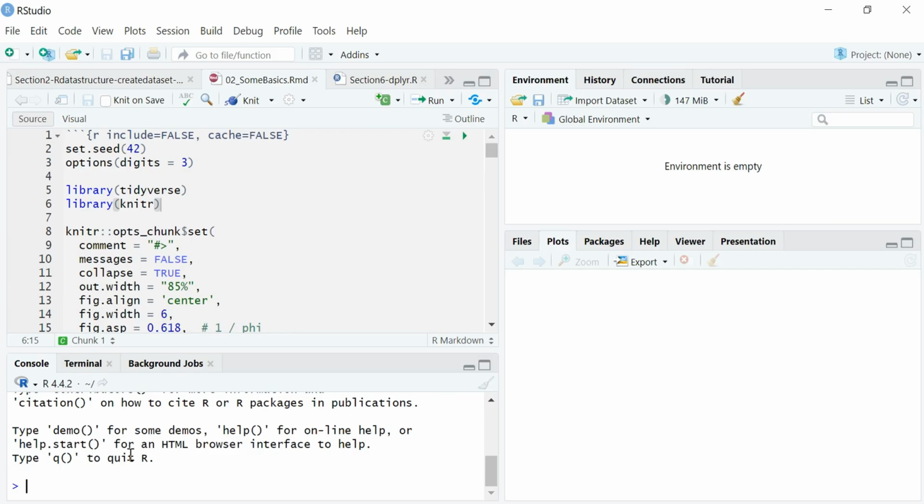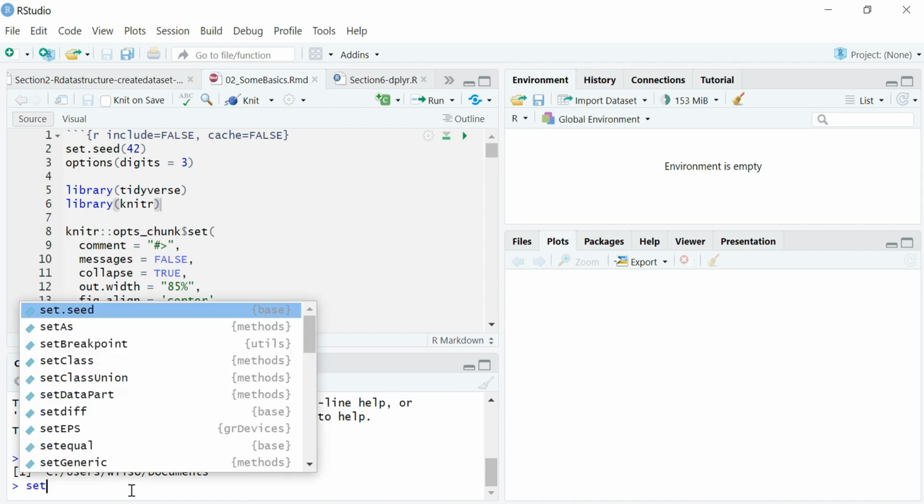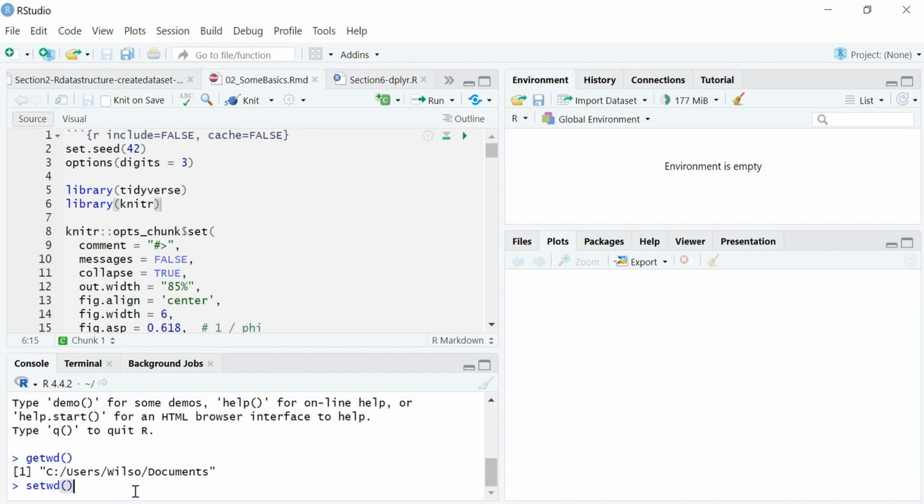So next we show it in RStudio. You start RStudio, and you can use getwd. So this is the current working directory. And you can also set the new working directory, for example, to the D,